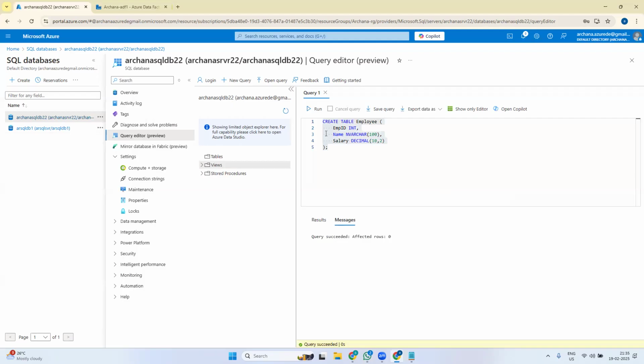Okay, so it has created the table. On the left pane also, when you refresh, you can see under the tables that the employee table has been created. Fine. Okay, so let it be. And just note down what all columns you have created. This is employee ID, name, salary. These are the three columns we have in the SQL database. Fine. So what we'll do is we'll go back to